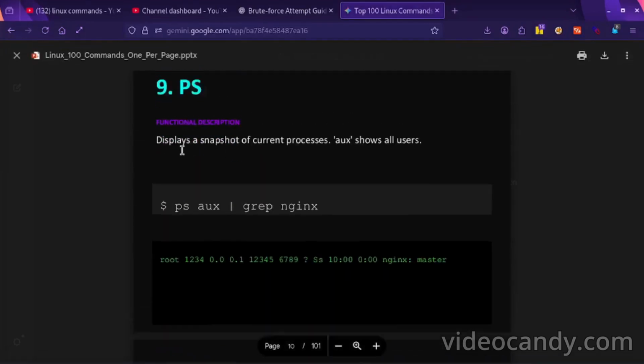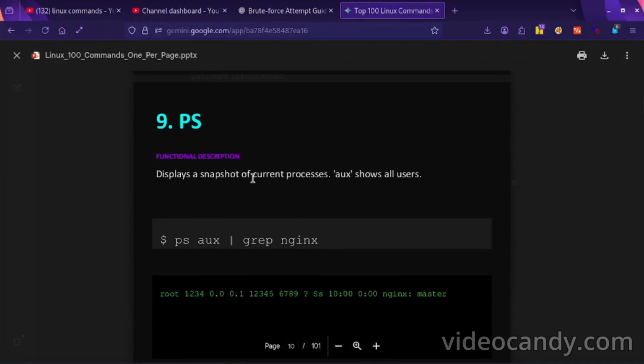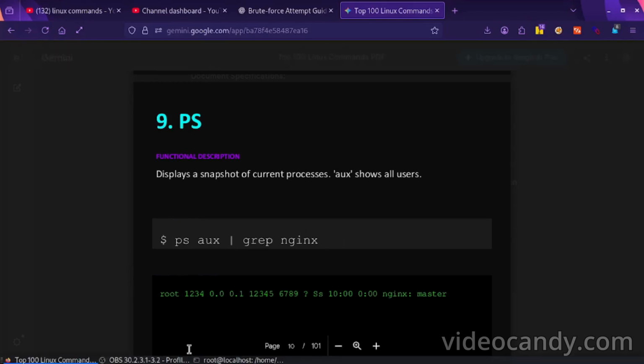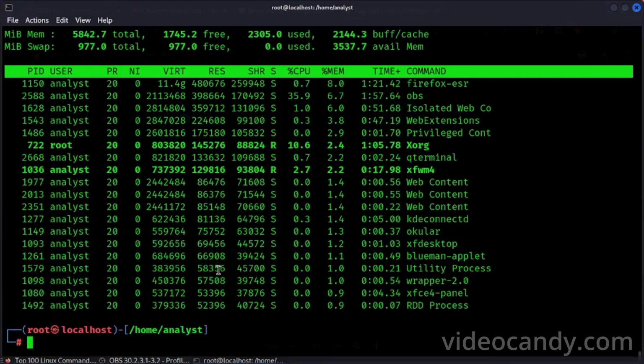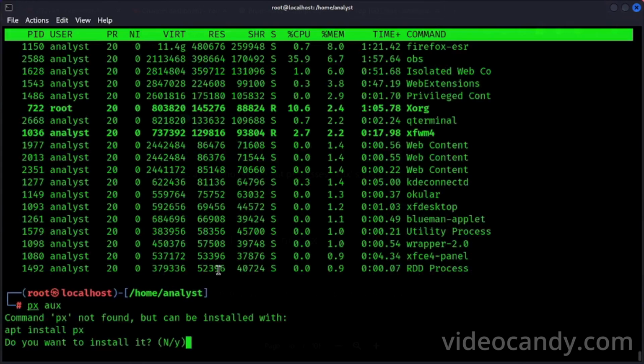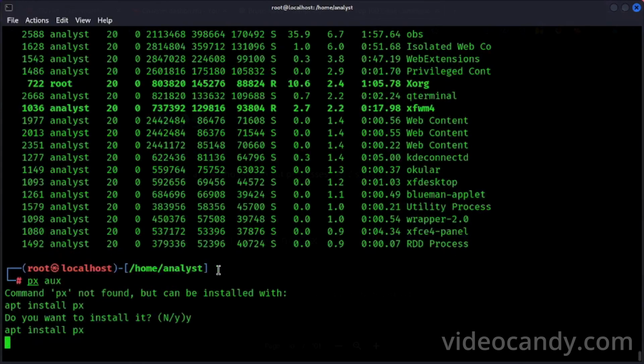ps displays a snapshot of current processes. aux shows all users. Okay, first we will run ps aux. We have to install it.